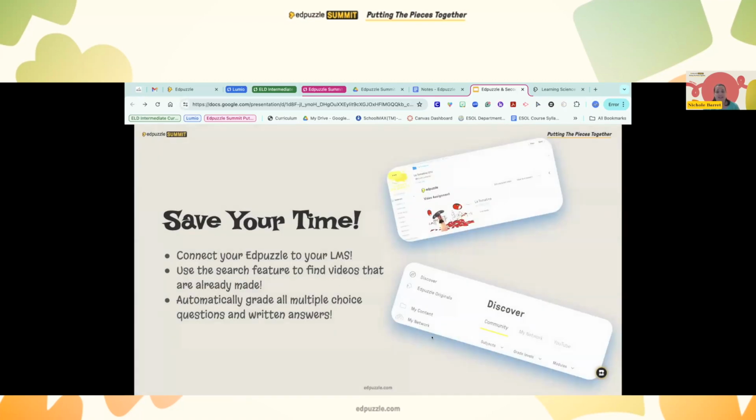We'll start with, if you are able to use Edpuzzle with your learning management system, Canvas, my district uses Schoology, go for it. Because with the way it's all set up in my district, my grades from Edpuzzle go directly into my Schoology gradebook, and then they go directly into my other gradebook. I don't have to do any math. I teach Spanish because I don't do math. Okay, not my thing.